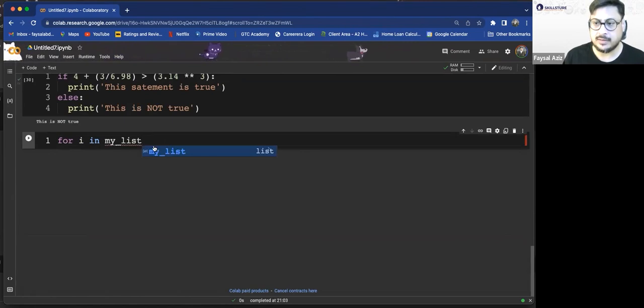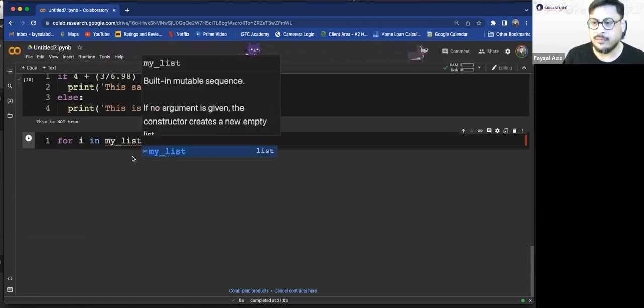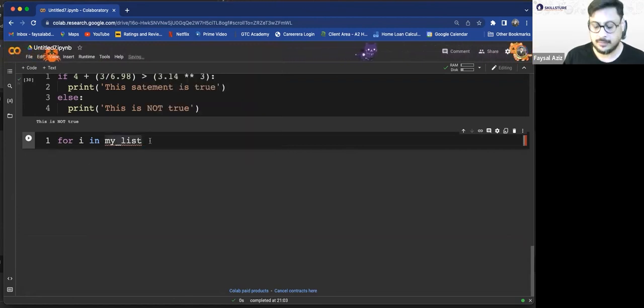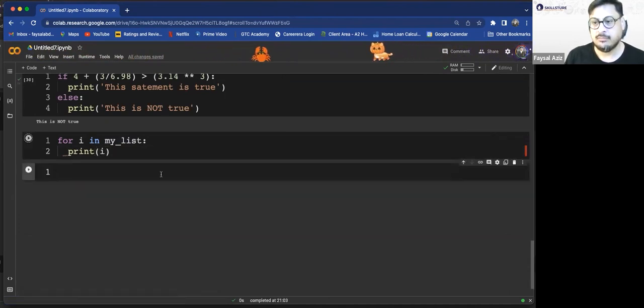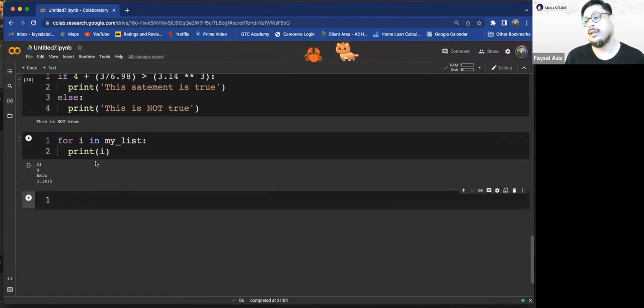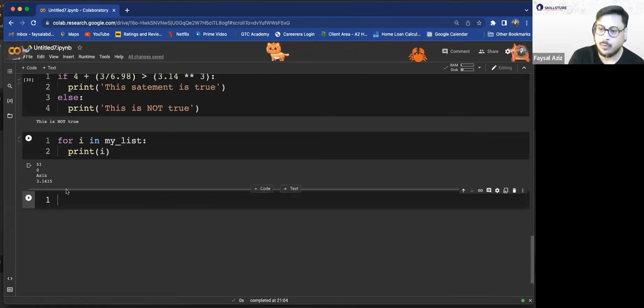What this means is go through my list, and every time you come across an element, put it in a variable called i. And then do whatever I ask you to do. I ask you to print i. And it will print. Every time it goes through, it keeps on printing an element from i. Once it's done, it exits. This is called a loop. This is the most commonly used loop.